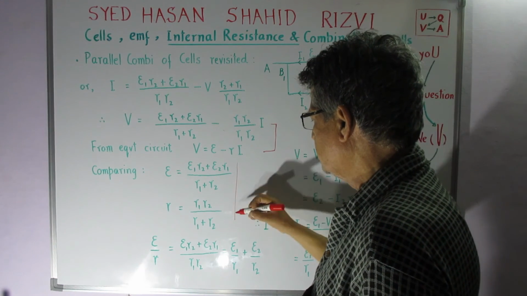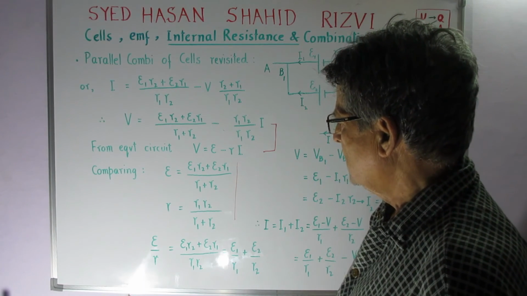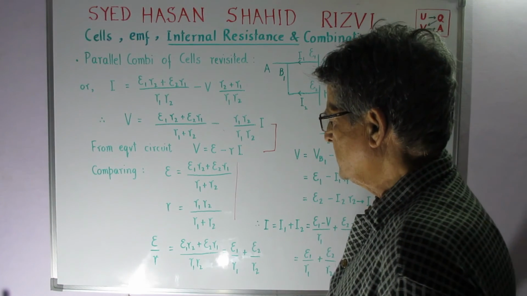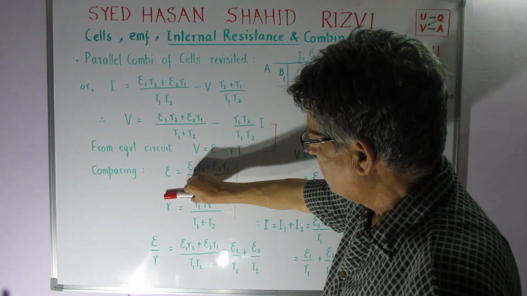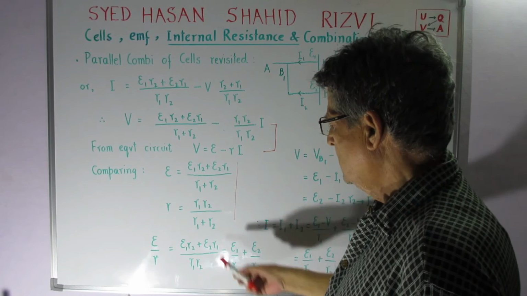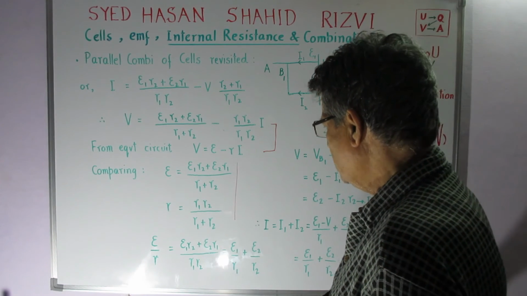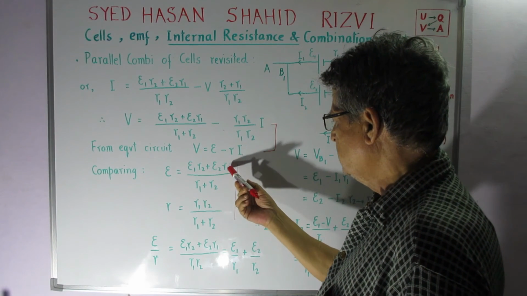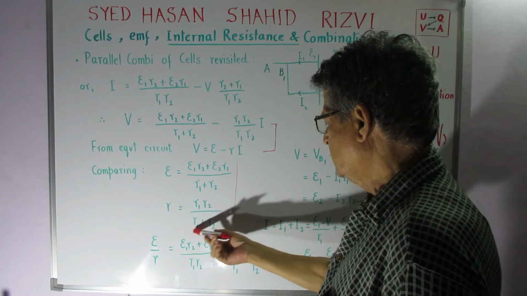So I can write a set of equations here: E is equal to E1 R2 plus E2 R1 divided by R1 plus R2, and R is equal to R1 R2 upon R1 plus R2. Now what we do is we simply divide E by R. If we do so, then this R1 plus R2 and R1 plus R2 cancel out, and what I will get is E1 R2 plus E2 R1 divided by R1 R2,